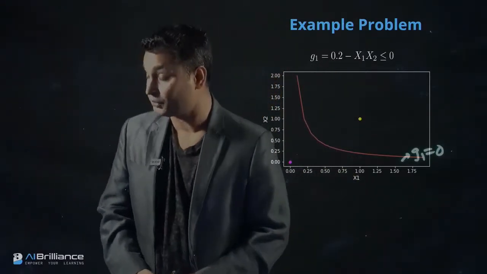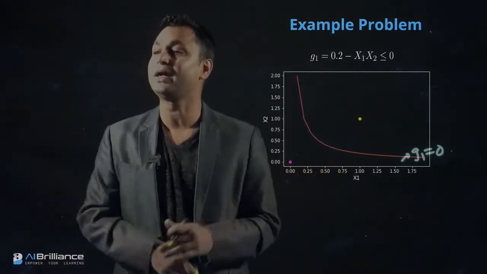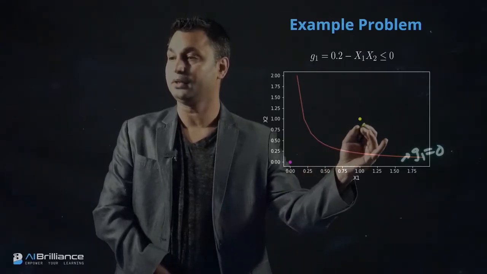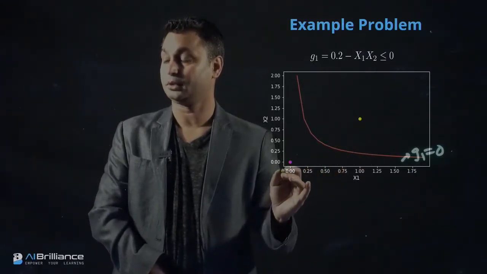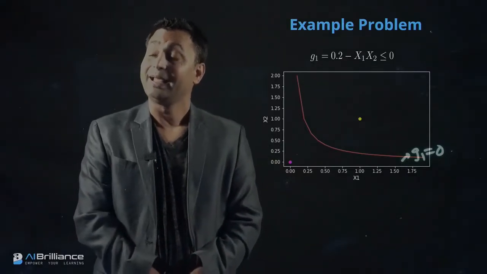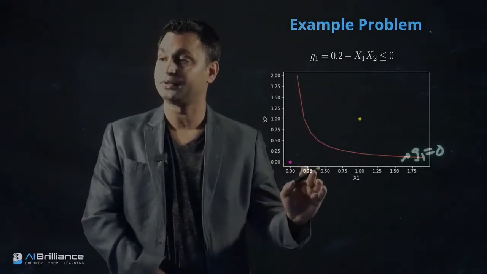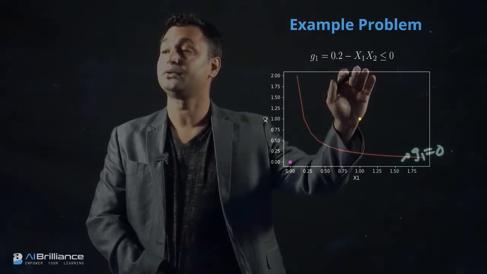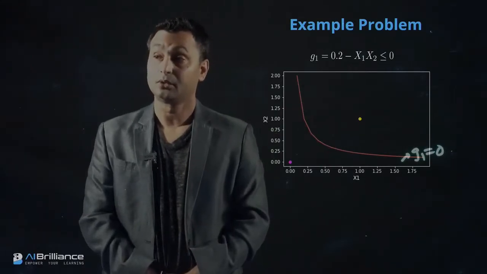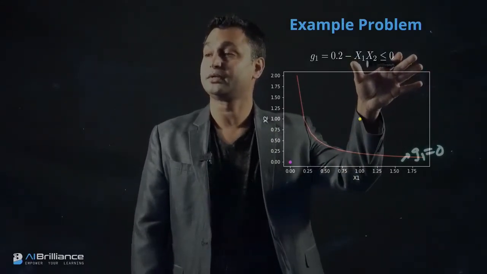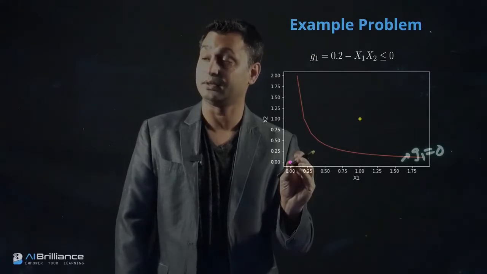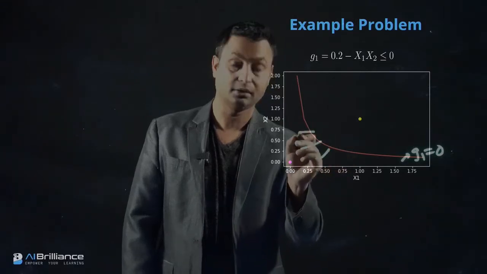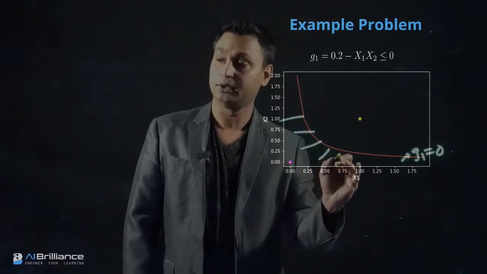Now what do we do in step 2? In step 2, we find out which is the feasible region. What we do is we pick 2 points on either side of the boundary, the yellow point and this purple point, and we find out which one is feasible. So if I substitute something like 0, 0, you will see that it is minus 0.2 minus 0 by 0, so that will be less than or equal to 0. That tells me that this inequality is not satisfied. So this point is not satisfying the inequality, and this is essentially going to be the infeasible region. So anything on this side of this plot is going to lead to infeasible.